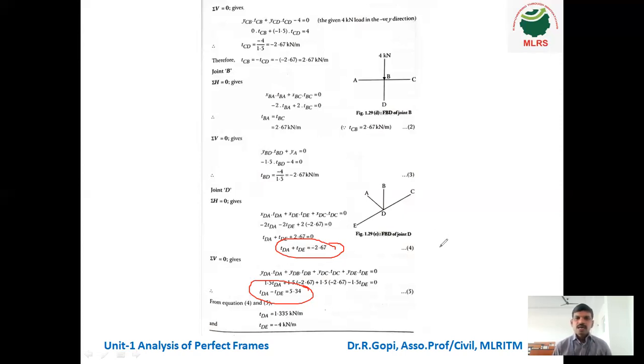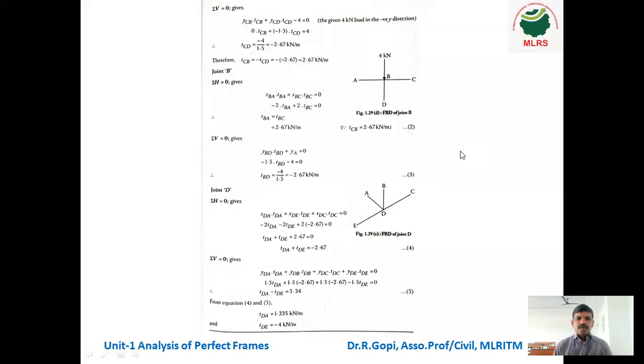Okay. So are you able to understand? The concept is simple. First we have to identify the length. After that, based on the coordinate system, apply the equilibrium equations, summation of Fx, only x values, and summation of Fy, only y values. In case of x values, the right side is positive and the left side is negative. And in case of y values, upward is positive and downward is negative. So just remember these two things, and we can easily solve any problem.